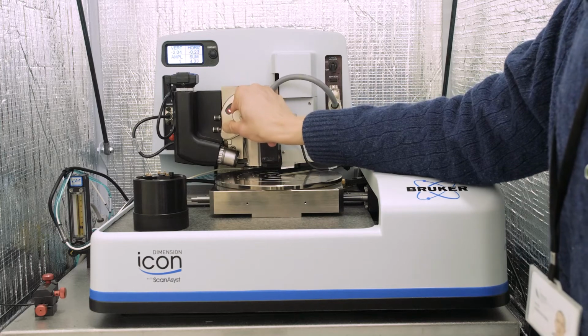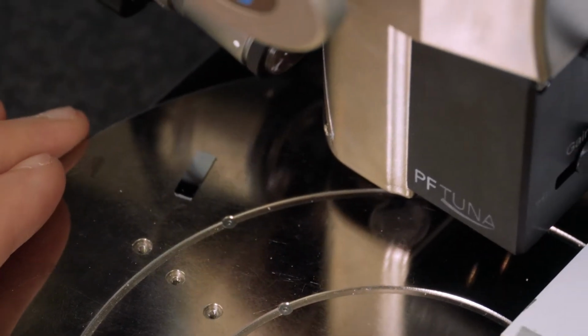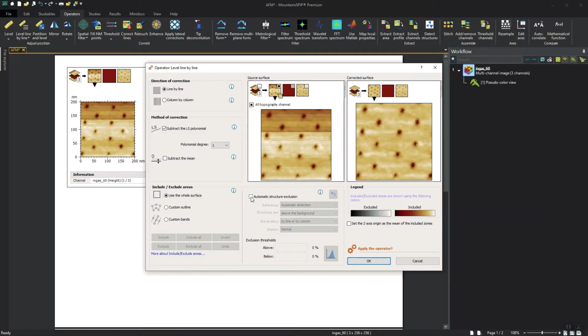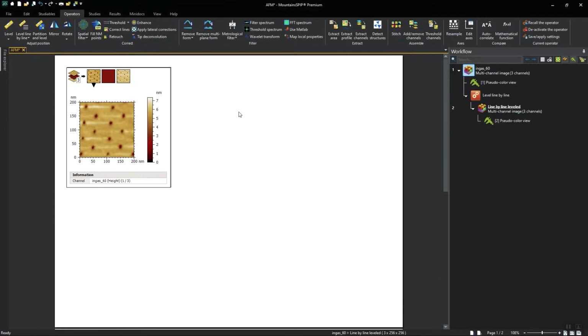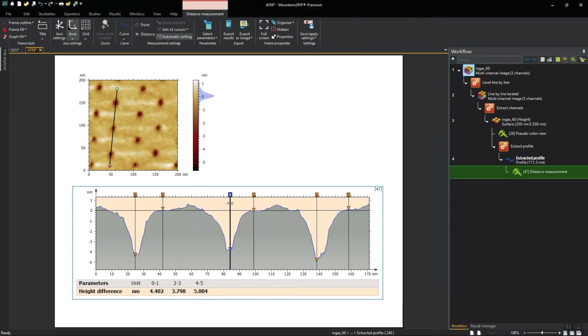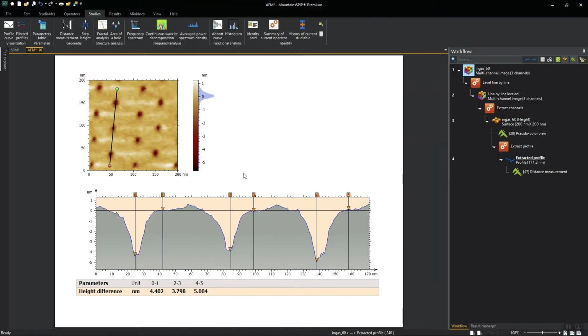Then with AFM, we are able to extract the real topography. So first of all, when we import our image in Mountains, we have to perform some basic corrections. These AFM images allowed us to get the morphology of our sample on a relatively large scale, which allowed us to select appropriate images for further in-depth analysis by scanning tunneling microscopy.